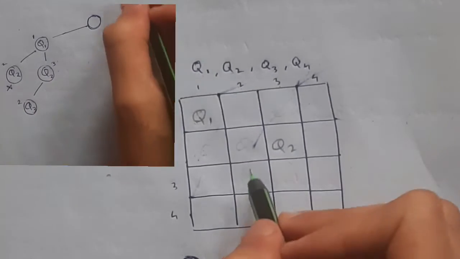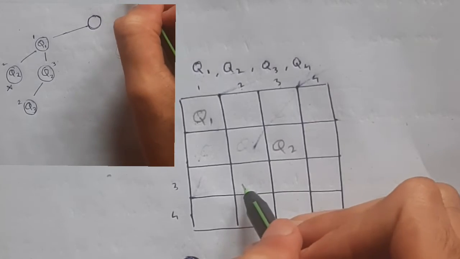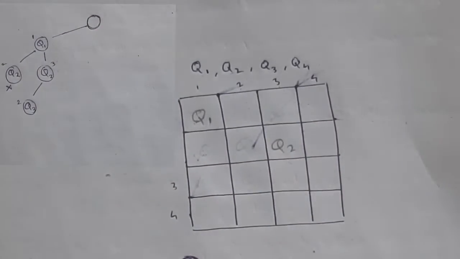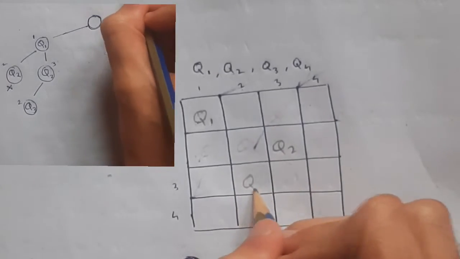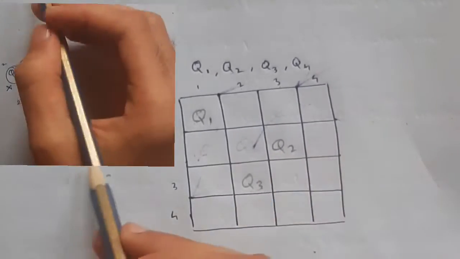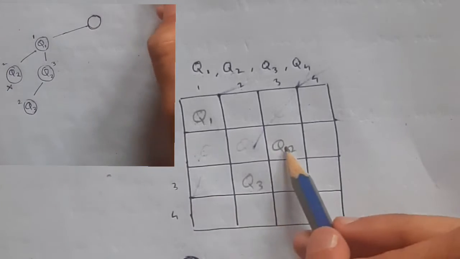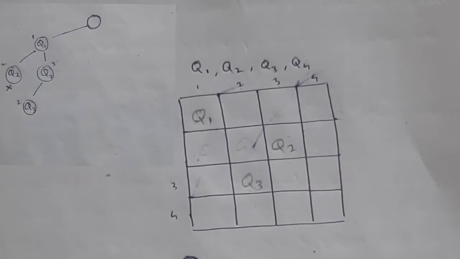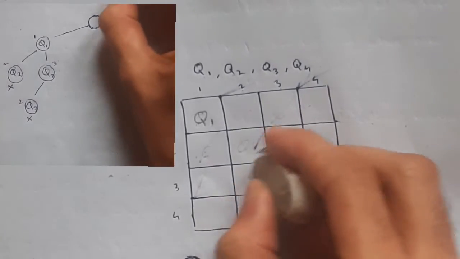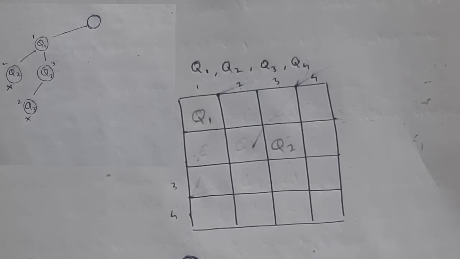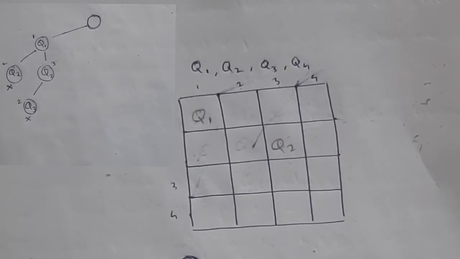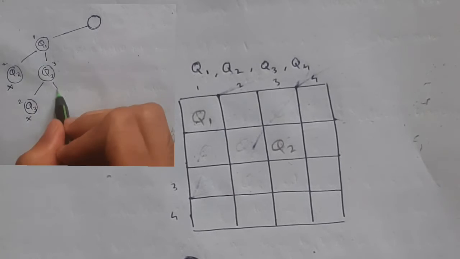Now let's see if it satisfies the rules. Let's see the third rule, which is diagonal. If I place q3 here, it will invalidate the third rule, which says it should not be placed on the diagonal. This is our diagonal forming here, so I can't place q3 here. For that I'll mark x here and erase the value of q3 from here. Then can I place q3 here? No. Can I place q3 here? Yes. So if I place q3 here in the fourth row,